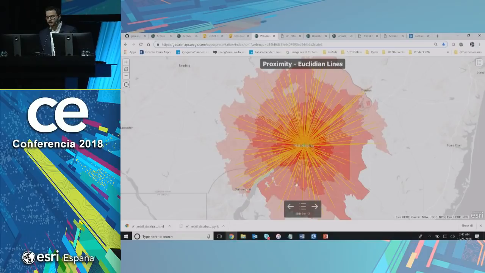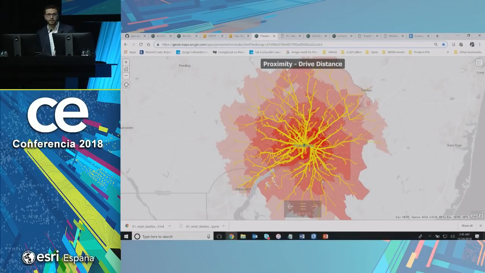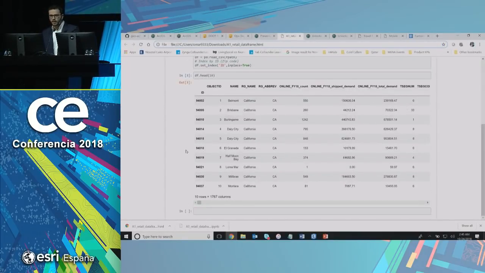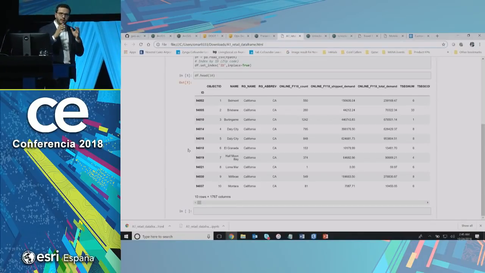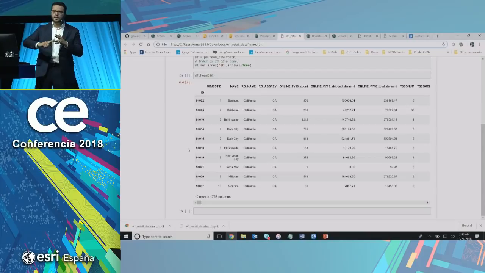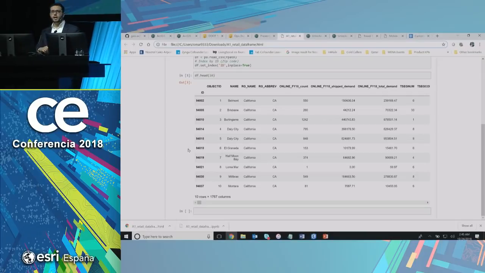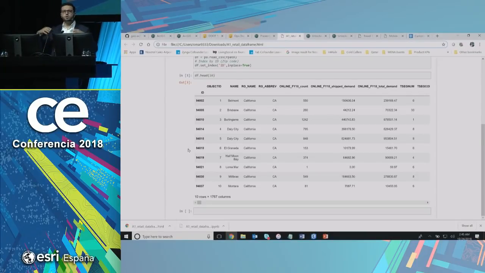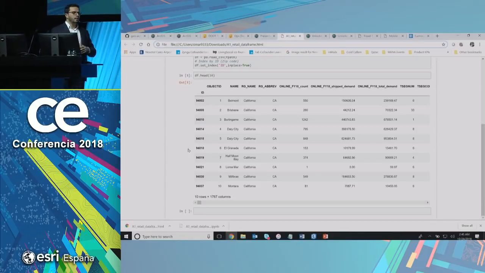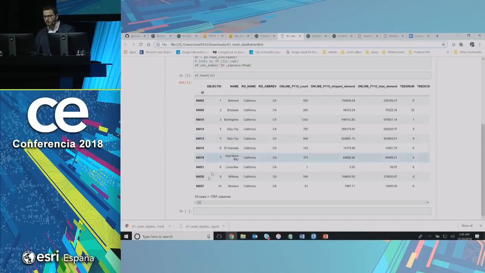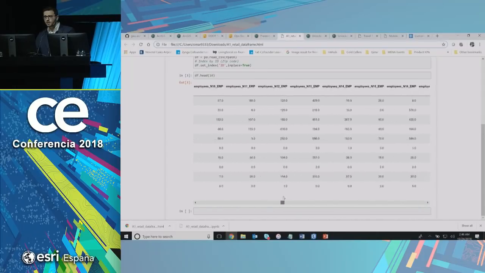So we changed that to the drive time. And we added the driving distance as a factor. So now, again, we use the Python API to load all of this data here. We added, for every month, for every category, the physical store sales, the online sales, the location of the competitors, how many competitors, how many wholesalers per zip code, and a lot of demographical data. Consumer spending, the time people spend online, the last time they visited Amazon or Facebook, age, gender, income levels, you name it. So we have about 1,767 variables for every zip code, for every category, plus the sales amount. And as you can see, it's crazy here.